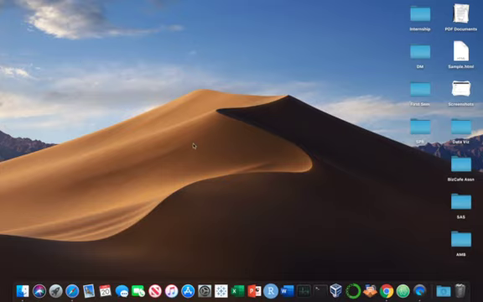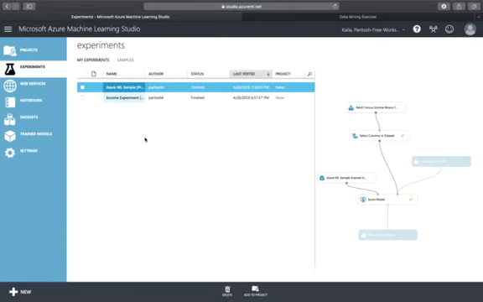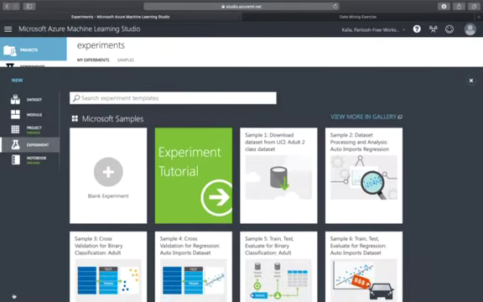Paritosh. Today I am going to demonstrate how to use Azure Machine Learning Studio. So to start with, this is how the interface looks. I'll be selecting a new experiment